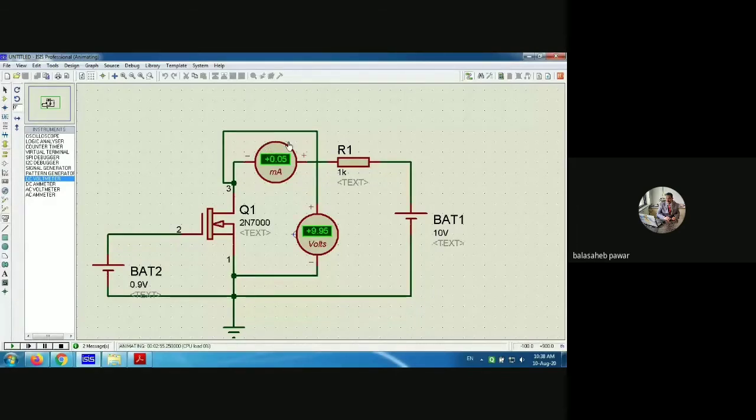Now at 0.9, the resistance is not infinite, it is finite, and that's why there is some current. But as the current is very small, we can say the transistor is not offering infinite resistance between drain and source, and that resistance is very high, and that's why the current is very small. Is it? Because the current is inversely proportional to resistance. And hence the voltage measured across the transistor does not remain equal to the applied voltage.